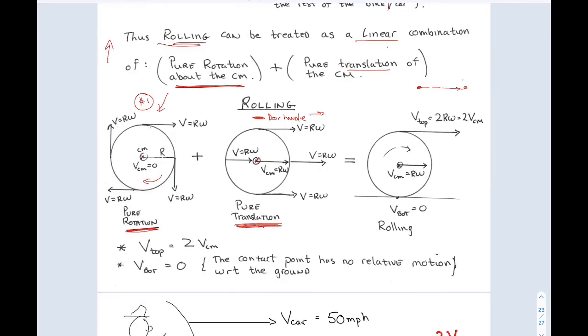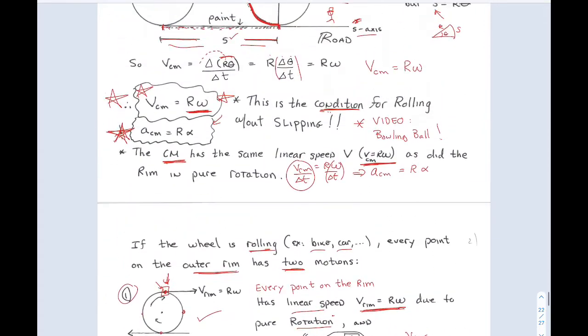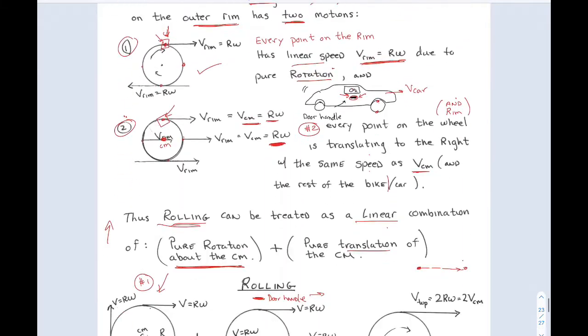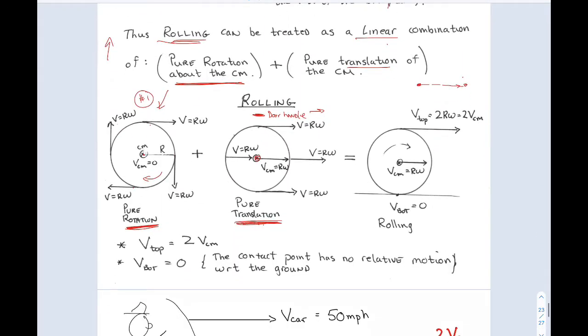Right? So remember, the center of mass from this picture had linear speed r omega. So every point on the wheel, that point, that point, that point, has the exact same speed as the center of mass, which is the axle, because it's moving down the road with the car just like the door handle. So if I add these two motions together, pure rotation about the center of mass plus pure translation of the center of mass,